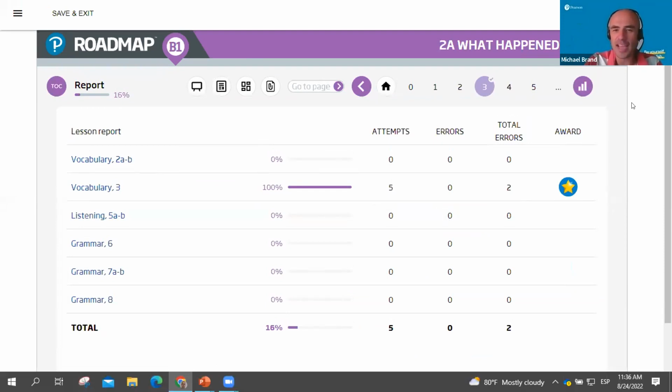I got an award for getting them right, I think, second time round. I got no mistakes in my last go, and I got 2 mistakes overall. I can also see what percentage of the activities I've done, and what I've got left to do. So this sort of thing is good for autonomous learning, of course, but the teacher also has a grade book where they have access to everything the student's done as well.